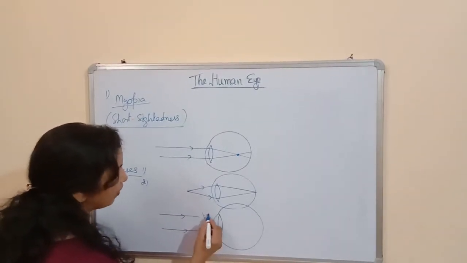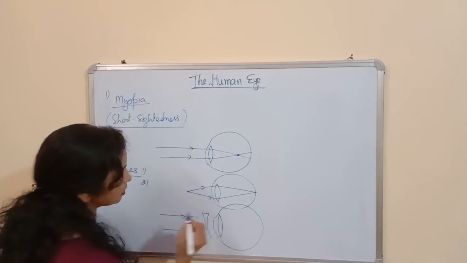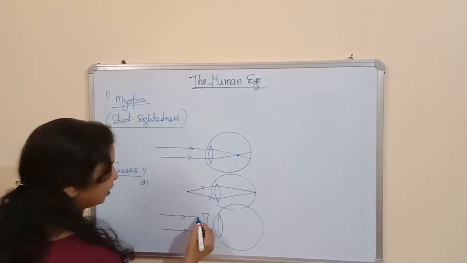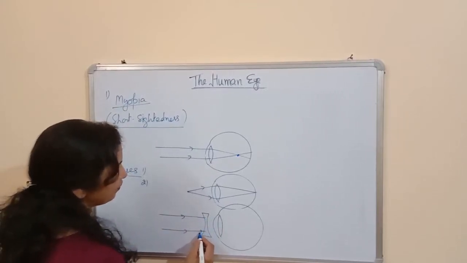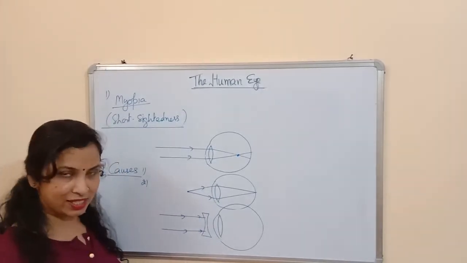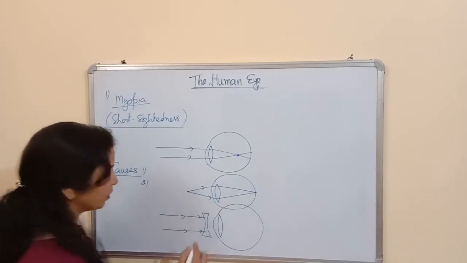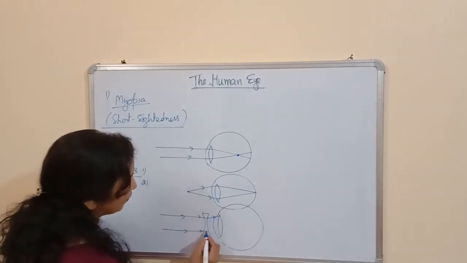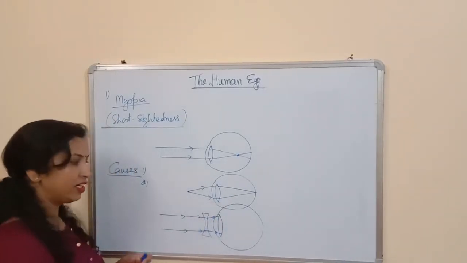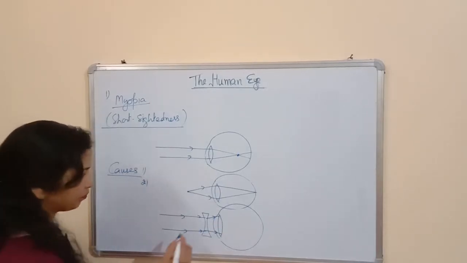So suppose we now have this lens in our spectacles. This concave lens is also called the diverging lens. So what happens with this lens? It always diverges the light rays. So this lens will diverge the light rays. The light which is coming like this, it will diverge like this.